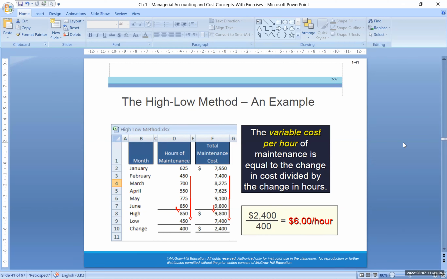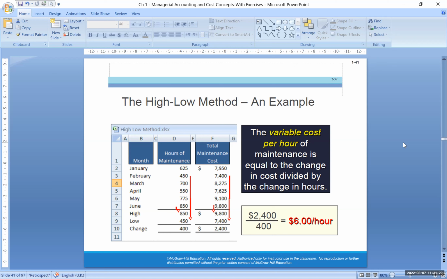Now, we will choose these two levels only to predict our expenses for the future. Then we will choose the total maintenance cost for these two levels only. So the cost related to the lowest is $7,400, and the cost related to the highest is